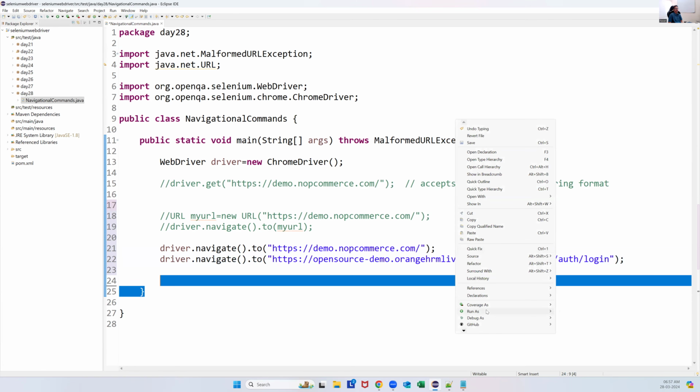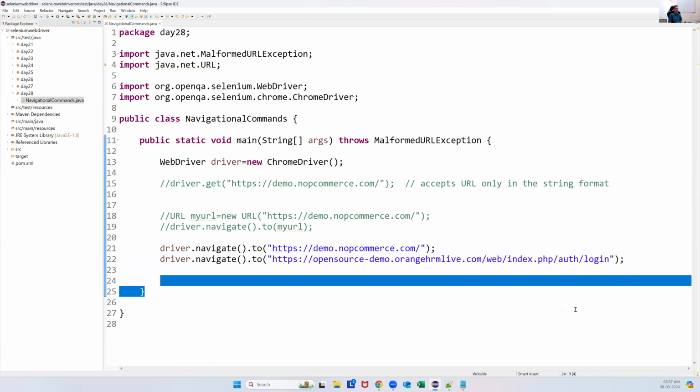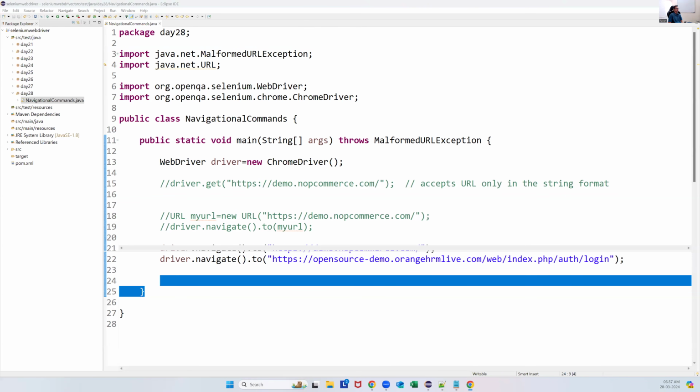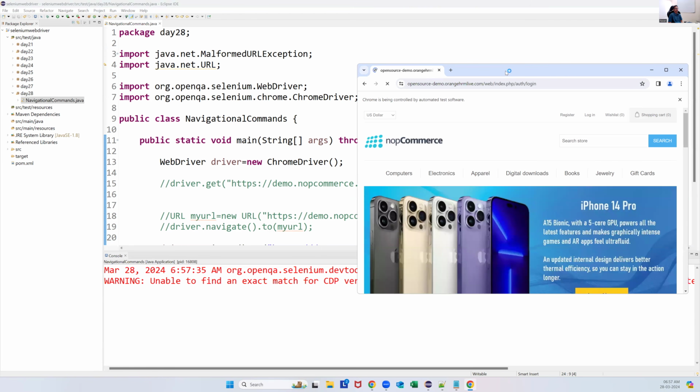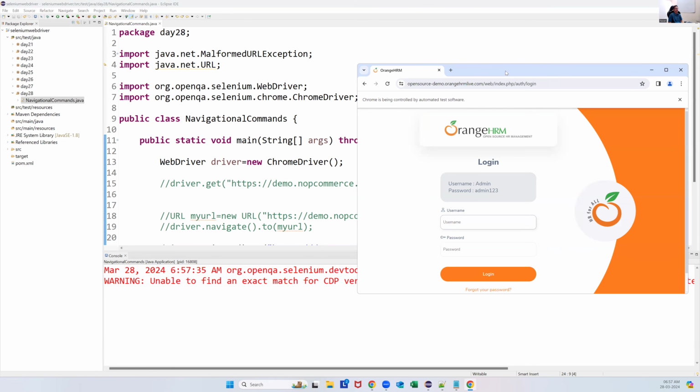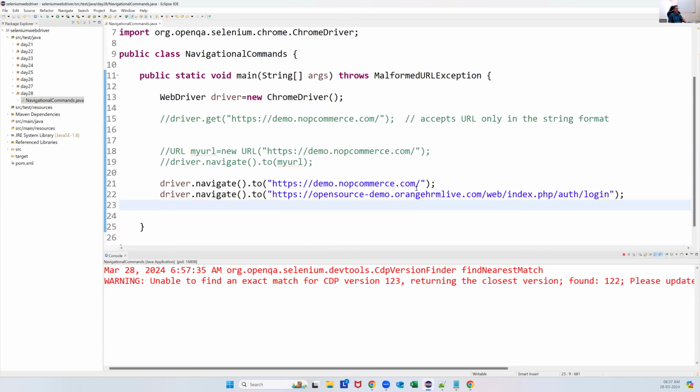So when I execute this, see, the old application will disappear. First time NVOP commerce is open, second time OpenCart application is open, Orange HRM. Now again, if you want to go back to the previous application, normally how do we do it manually? We click on this arrow mark, right? The same thing we can do through automation. Suppose I want to go to the NVOP commerce. Simply what you can do is you can say